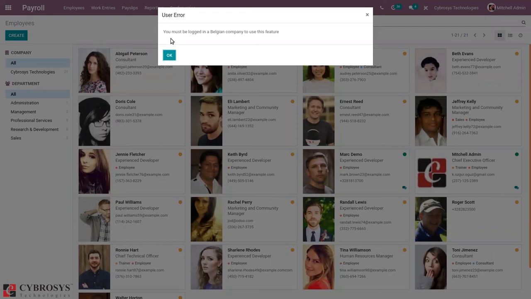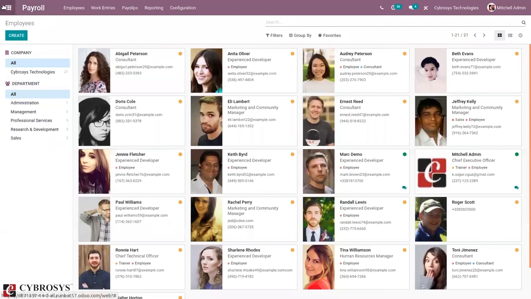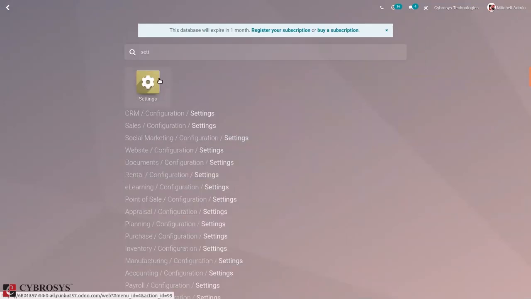So when you click on that, an error message is shown: you must be logged in a Belgian company to use this feature. So we have to set the company first, with the country set as Belgium. And we can manage our companies.